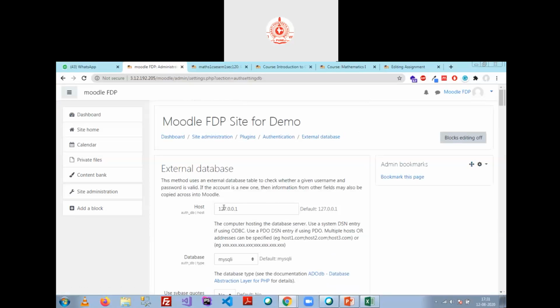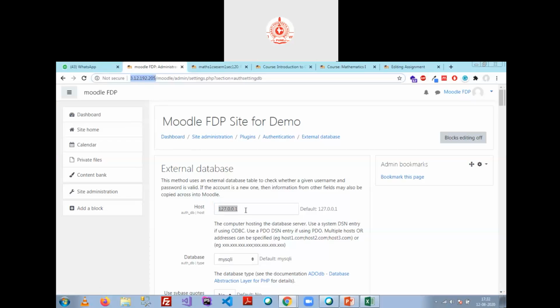During the settings, it will ask you the host. Okay. Now let me clarify something. If you have hosted your site on GoDaddy.com or HostGator or any other service provider which provides hosting to all of you, then you have to write your site name here. Okay. And one thing you need to do, you have to create an administrator account at their site, GoDaddy, because they will not allow you to get into the database.